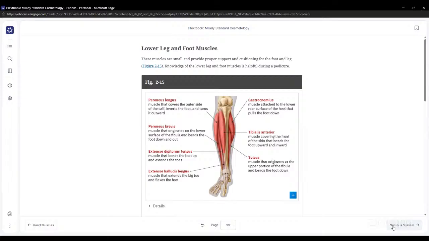Again, we are not doctors, but it comes under our scope of practice for us to learn. So we educate our clients, but we do refer them to a physician. Lower leg and foot muscles, okay? Since we can do paraffin dip and we could do massage of the feet, we can do reflexology of the feet, we need to know about these additional muscles as well because we have clients that come in with different things. So from extensors to soleus,